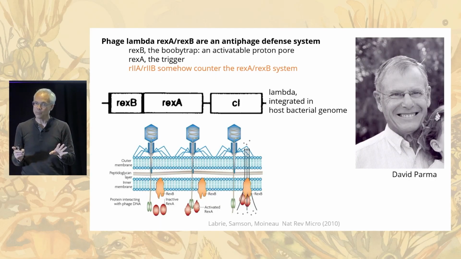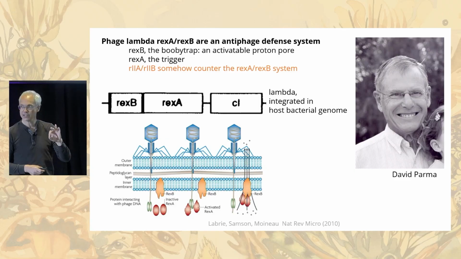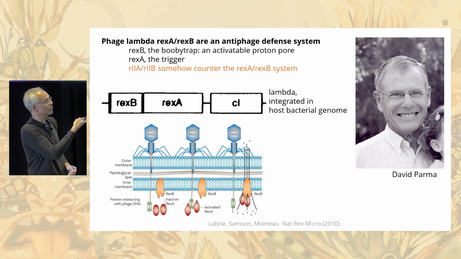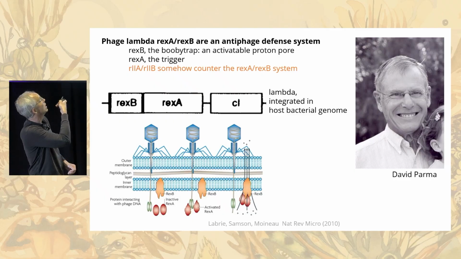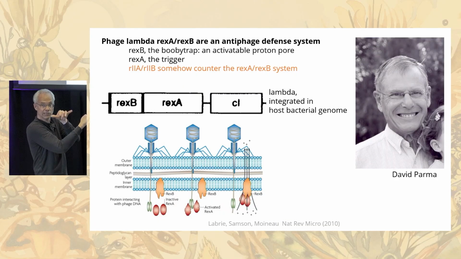You need to know a little bit about the biochemistry as we understand it from 70 years of work of the R2 and REX system. This is also part of why it's a touchstone for me. I was trained by Larry Gold and by this guy, David Parma, back in the 1980s and 1990s. And David Parma made it his life's work, especially in Larry's lab, to figure out the function of R2 and REX. So Rich told you that lambda phage, there's another virus that integrates into the genome of E. coli, lives inside of E. coli,